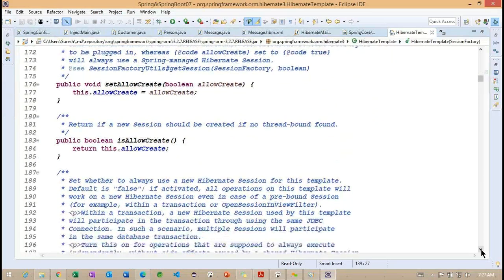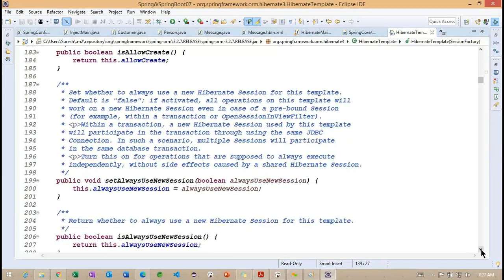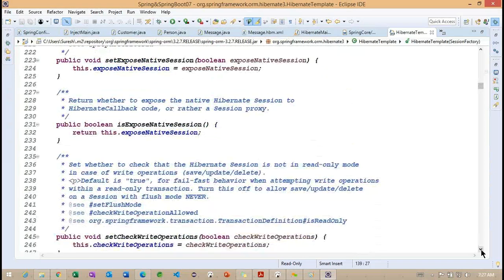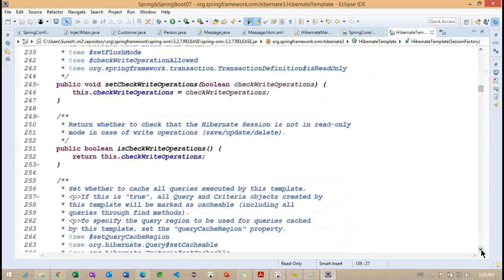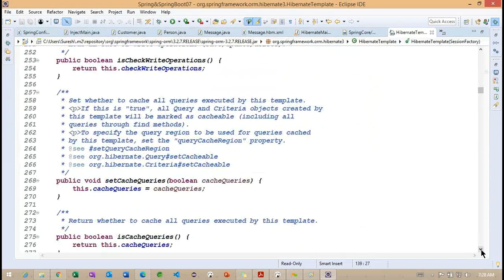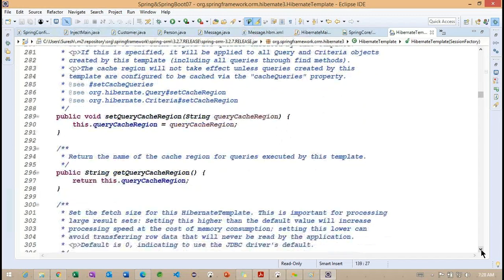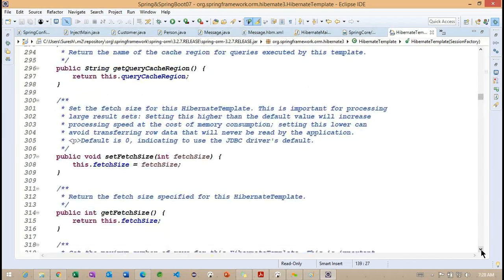Here we are having one method called allocate, but we are not going to work on this particular method. So what are the other methods we have? We need to focus on using this particular template.